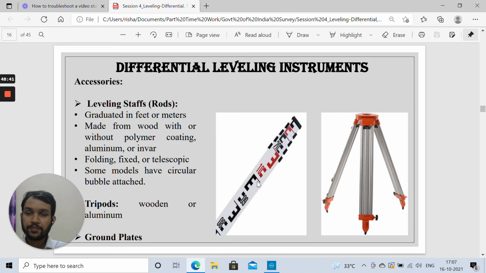Next, tripods we have already discussed, and ground plates are also used to locate the stations. Where we are doing the survey, and even if we are doing centering of our tripod with the help of a plumb bob, which we will be discussing, then to locate the centermost point where the instrument has been sighted, a plate has been placed there so that we can locate that particular station, or the centermost point of that station, with respect to which we are trying to calculate the reduced level of all the other stations.